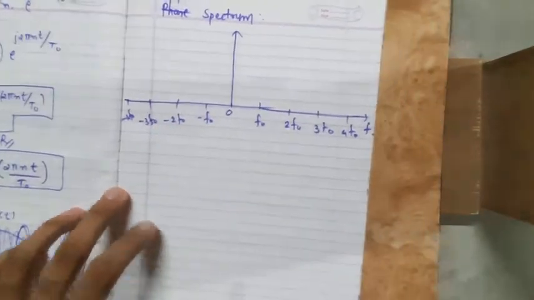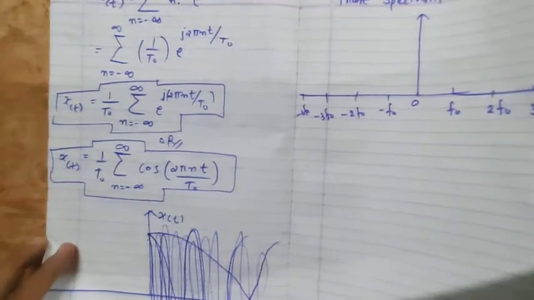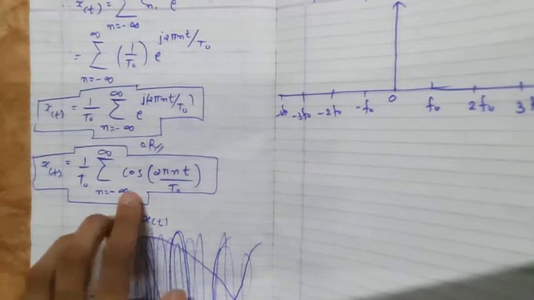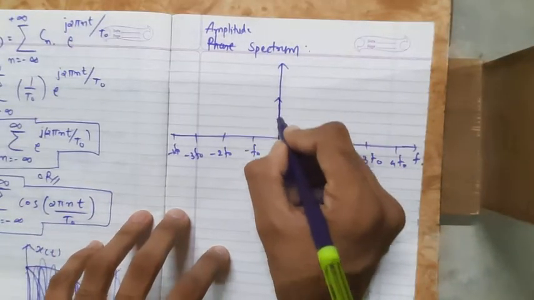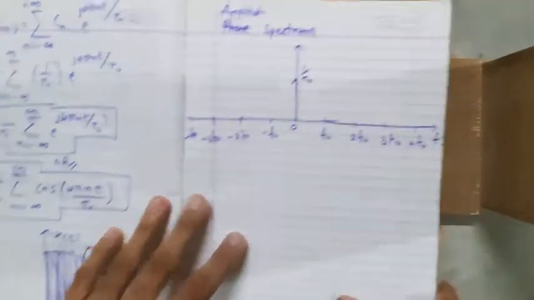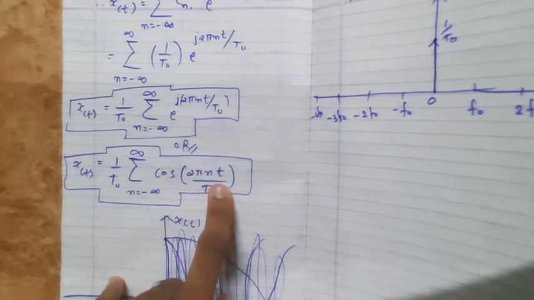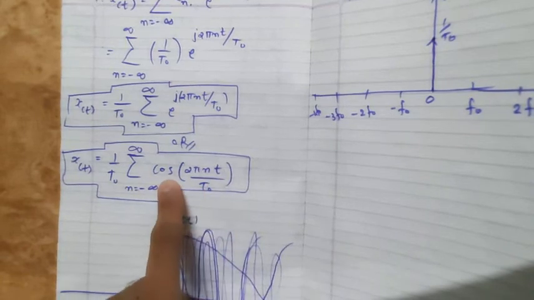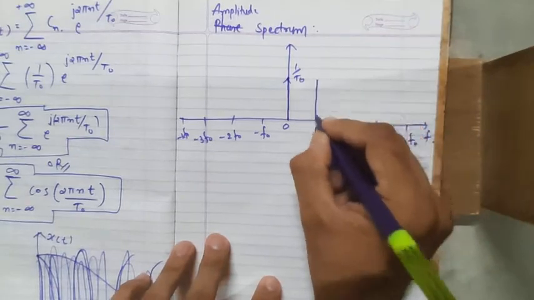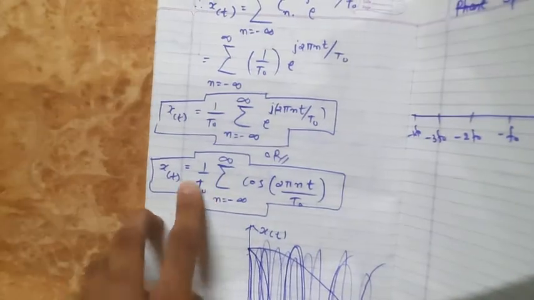Okay, all right, then plot. Zero frequency is there. Yes, 0 frequency is there. Cos 0 will give you 1, multiplied by 1 by T0. So here it is, amplitude 1 by T0. Then add 1 frequency, put n equals 1. All right, then you will get a cosine wave with magnitude 1 by T0. So this is the frequency, same magnitude. Put twice the frequency, same magnitude. The magnitude is not going to change.